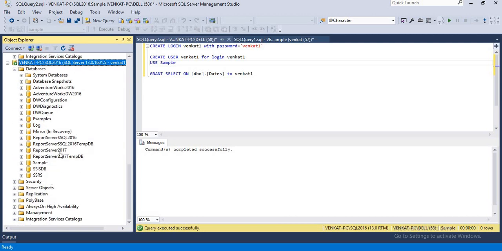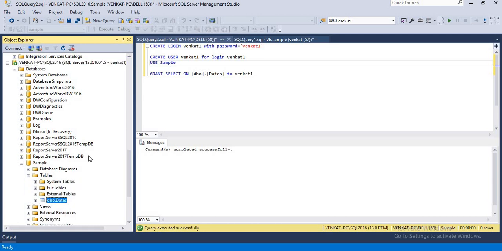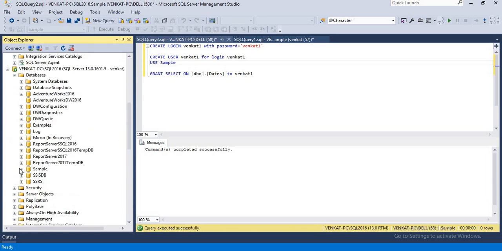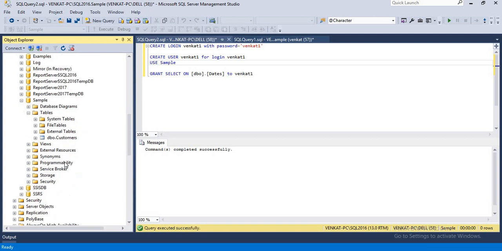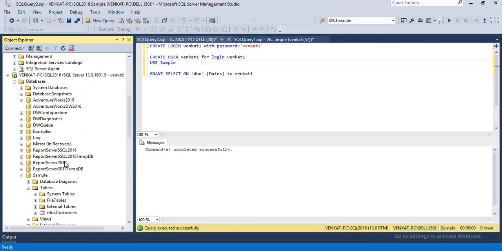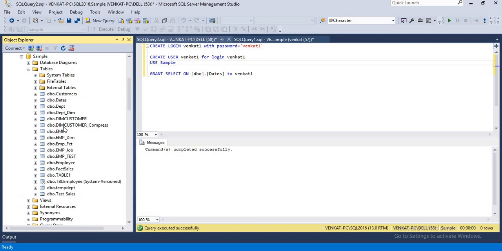You will still be able to see all the databases, but when you try to click on any of the databases, you might get an error message and be thrown back. Let's click on tables. You can see only the dates table here. In the sample, you will see only the customer table. Now you might have understood: different users have different levels of table access, but the admin has access to all the tables.